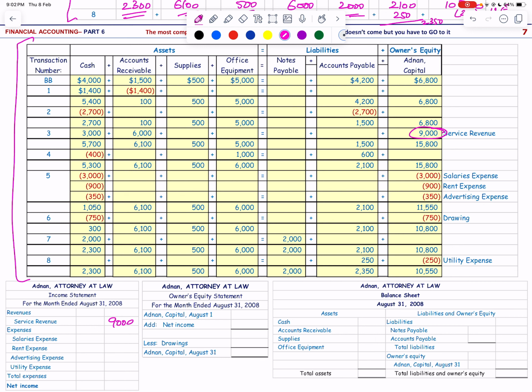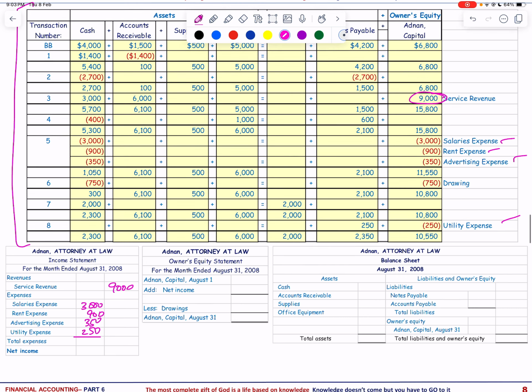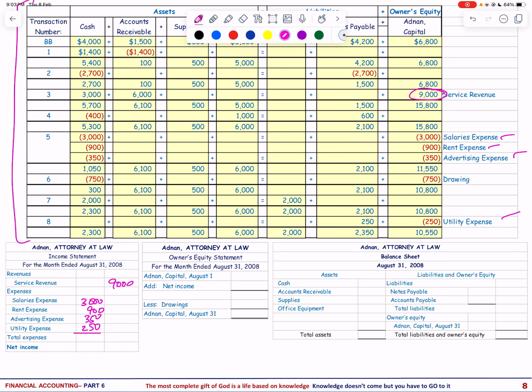Then there are expenses. We have the salaries expense of 3,000. We have rent expense of 900. We have advertising expense of 350, and we have utility expense of 250 as well, and the total will be 4,500. So total revenue minus total expense will give us how much? 4,500. This amount will be recorded in the net income as